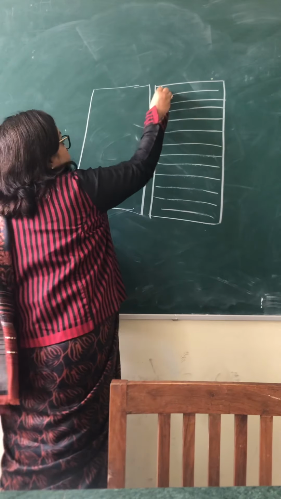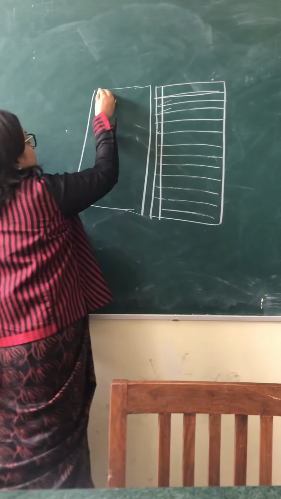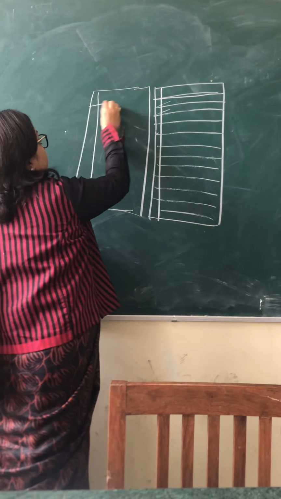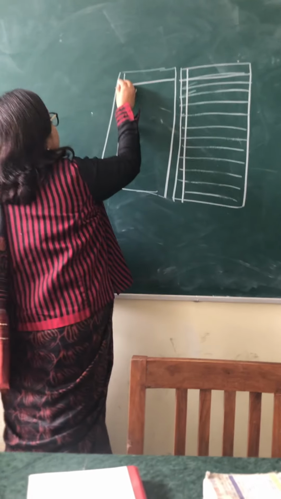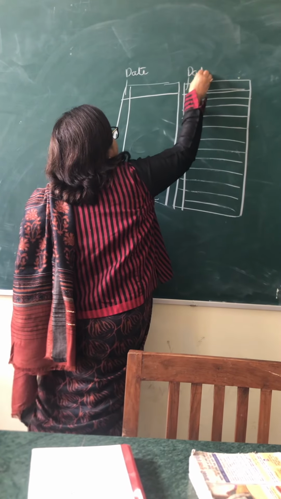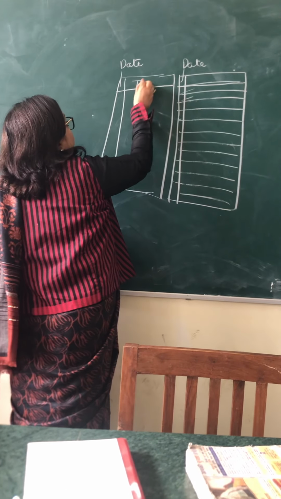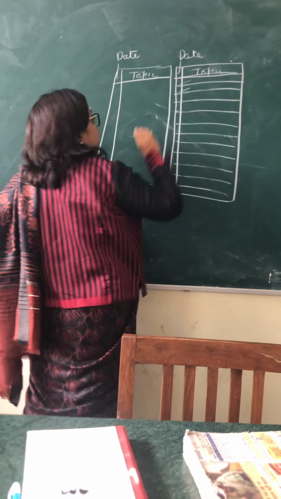So these are the margins which are already drawn on this. Similarly, we will draw the margin on the drawing sheet like this only. And then this column is for the date on both the sheets. And here we have to write the topic of the plan on both sides.